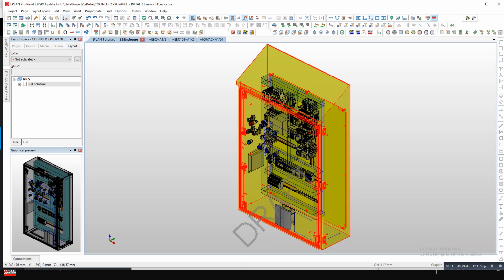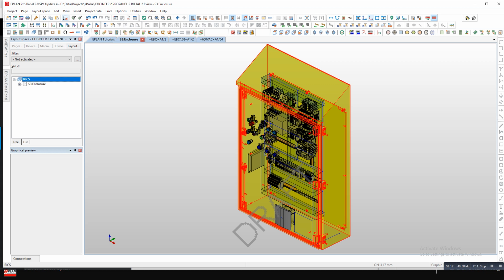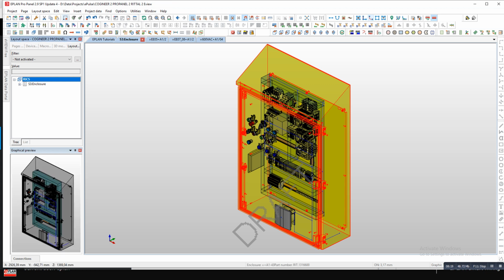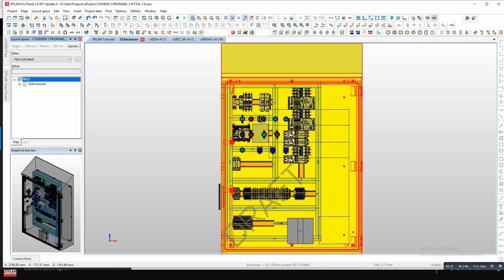So if I open this, it's a different panel. We went from this to this. Of course, if I go here, you will see it. It just changed it, right? Boom. And it repositioned all the components. Now, the only thing maybe we have to realign a little bit